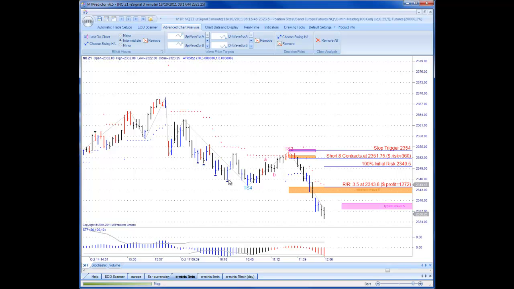Now if you do the maths on that, that actually comes out to plus 0.7R. In other words, yes, even when we had a very bad run of trades here, which again is very rare, but it can unfold, MTPredictor actually made money overall, and that is the really important part with professional trading